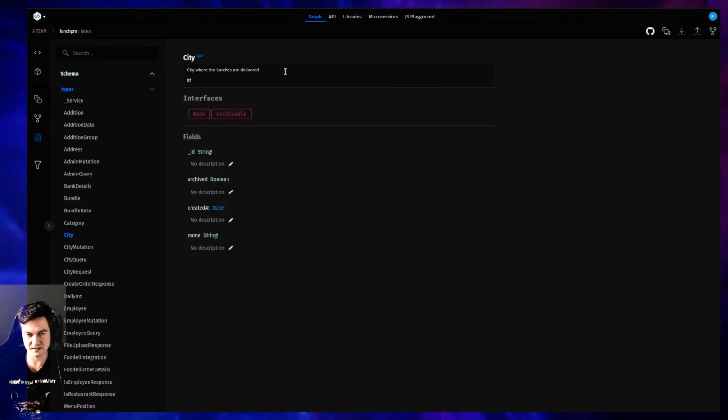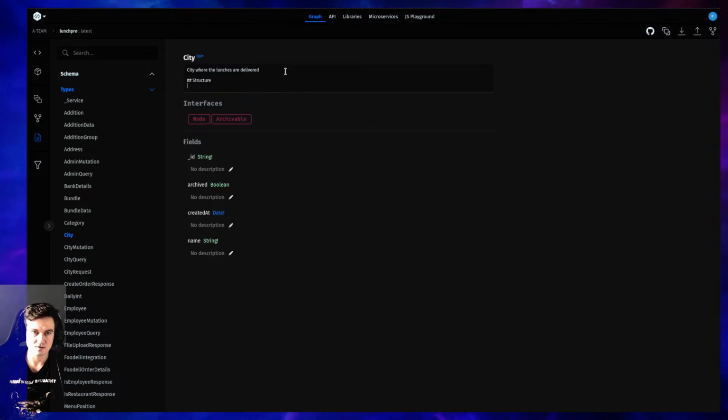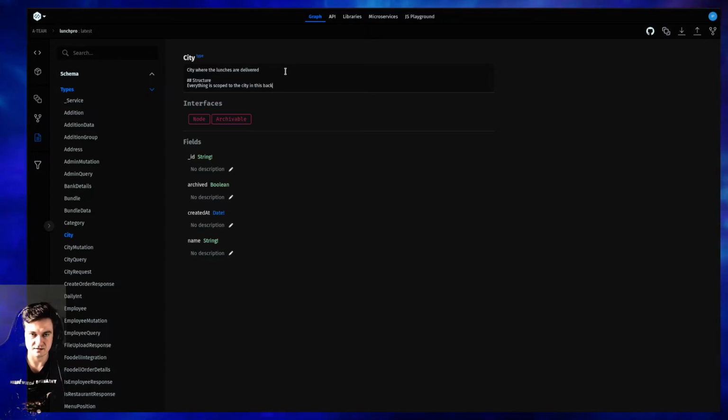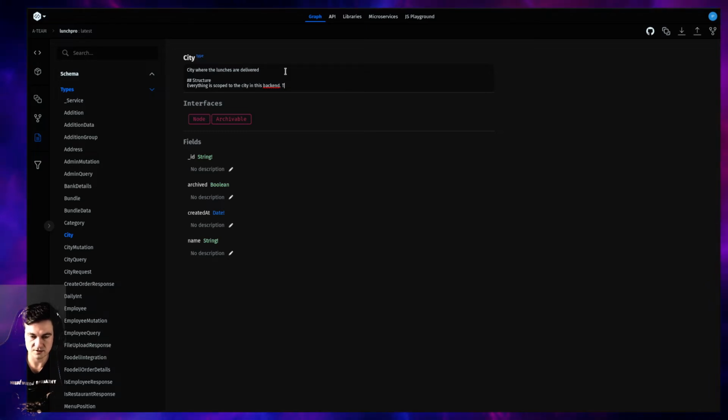Okay, let me say I want to know like structure. So everything is scoped to the city in this backend, to get all slot to get all the cities.